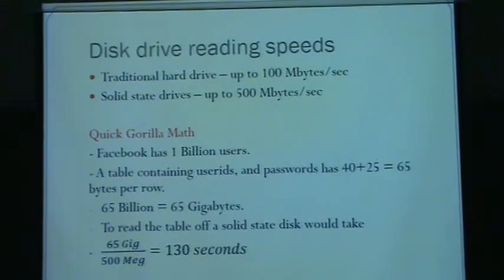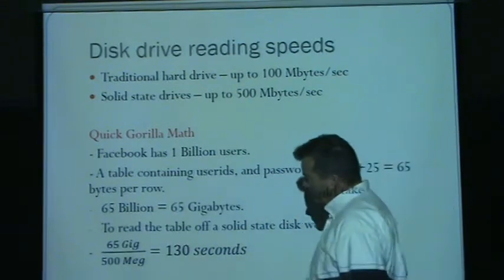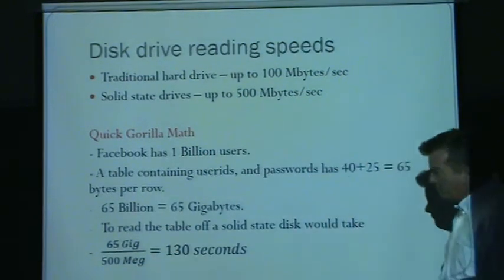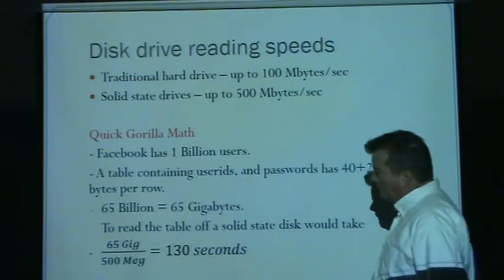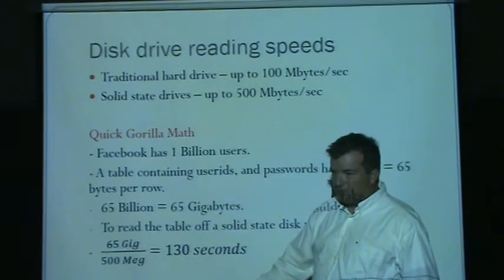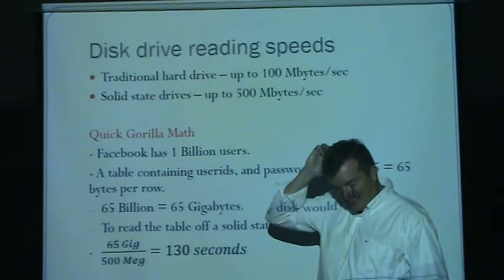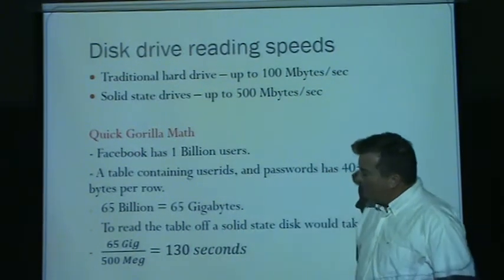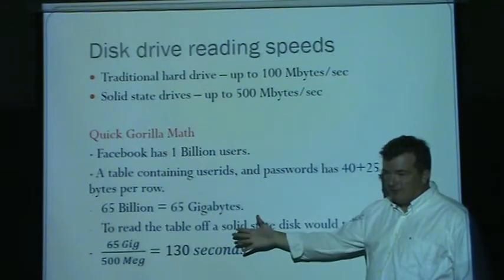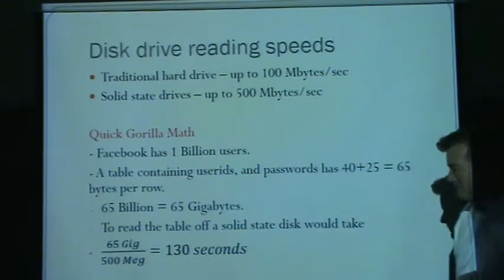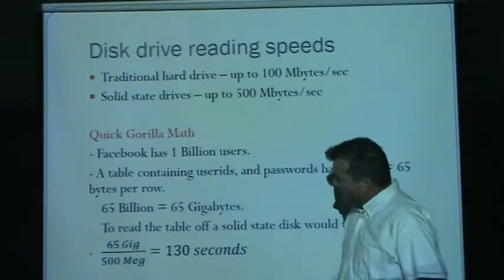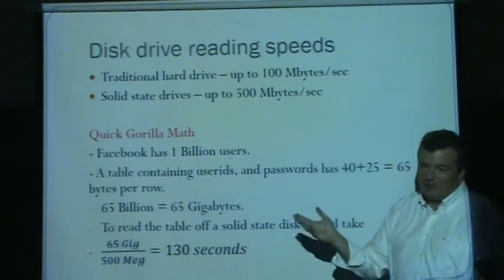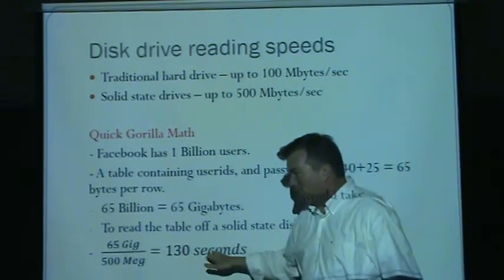So if you wanted to read the 65 gig on a disk drive, a solid state, a very high speed drive that could read 500 meg per second, it would take you 130 seconds to read through this disk drive, which would be, if you're searching for somebody sequentially, not using an index, it could take you over 2 minutes to find a person or find out that this account doesn't exist. And if you were to log into Facebook and it took you a little over 2 minutes to log in, after a while you stop using it, right? So we can't do something like this.